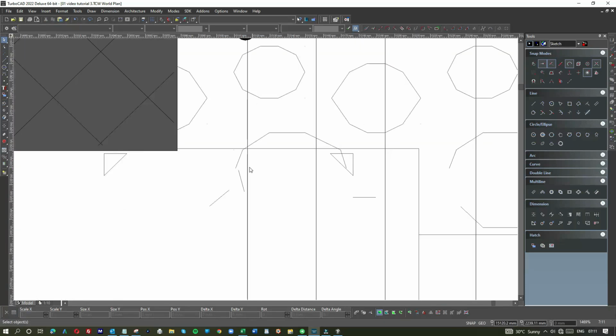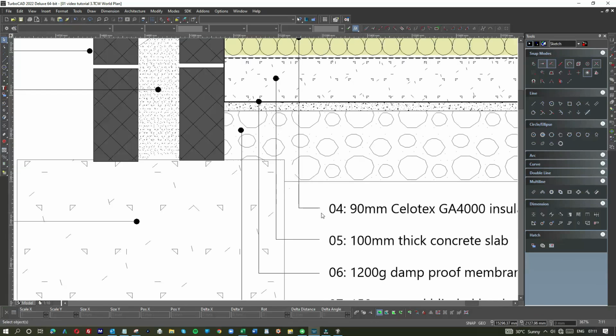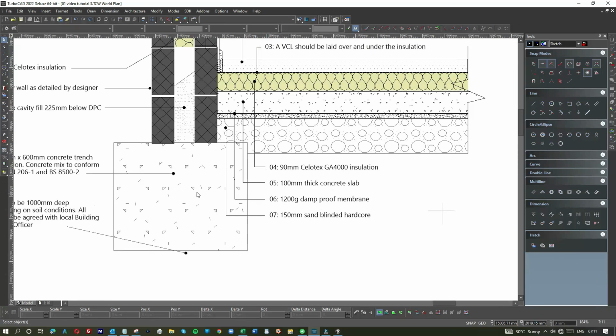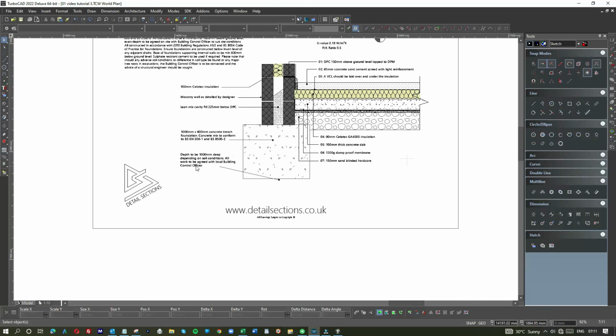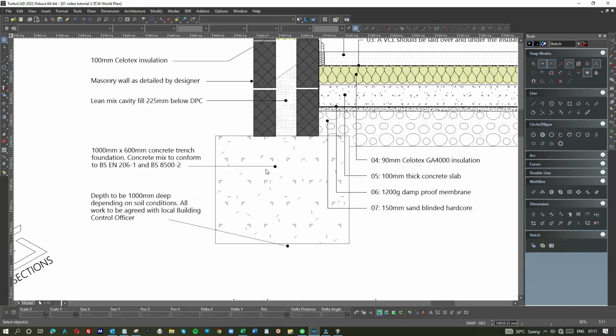And I'm not sure if that line should be there. Yeah, or this one. Okay. Yep, that's fine. Concrete slab. Got that. Got the concrete trench mix. It's telling you what the mix is. Again,